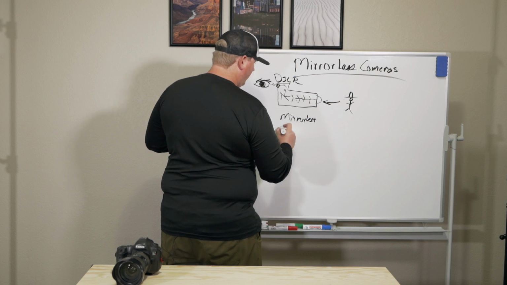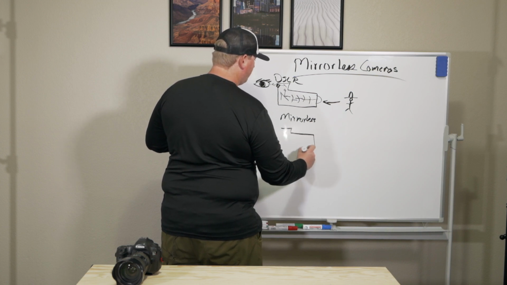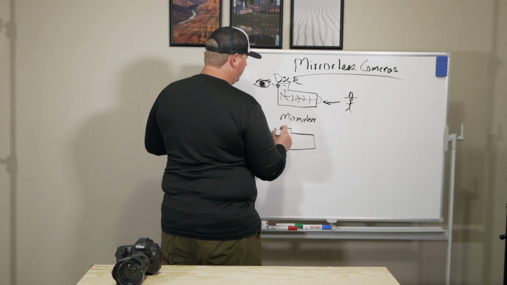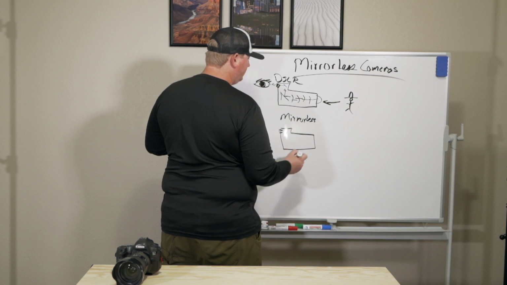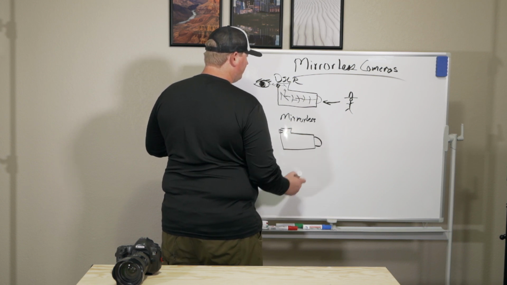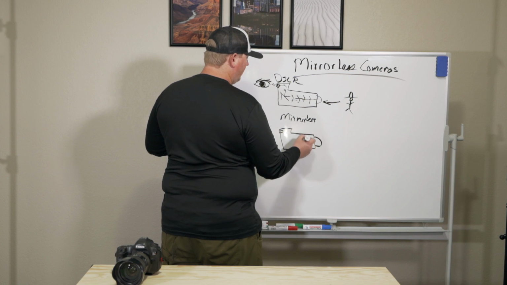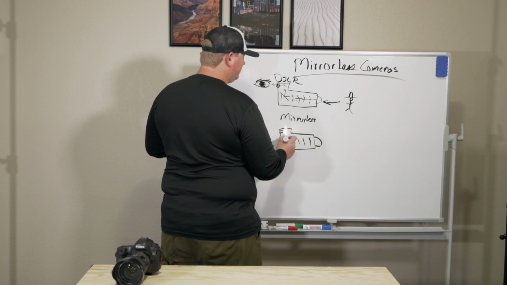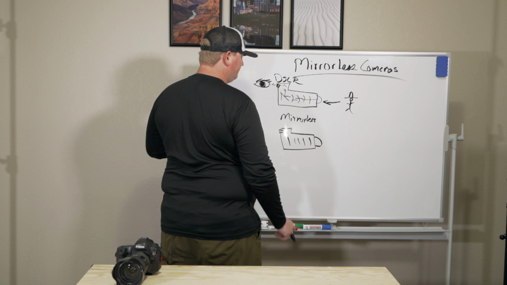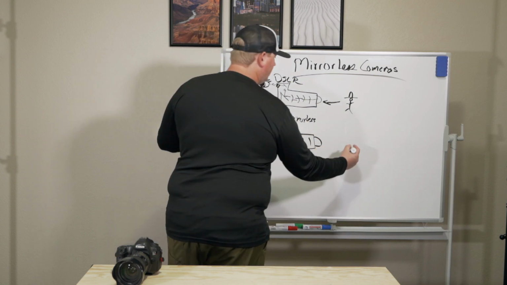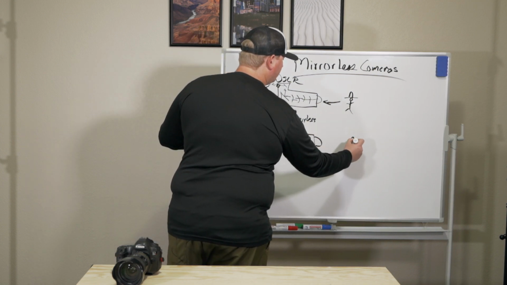Now, in a mirrorless camera, you have a similar looking camera. Things look the same. You still have an eyepiece here. You've still got a front element on your lens, and then you've got some elements inside the lens, and you still have a sensor. Now, the difference here is that when you're taking a picture of your little cowboy here,